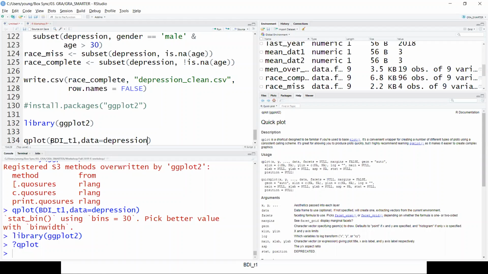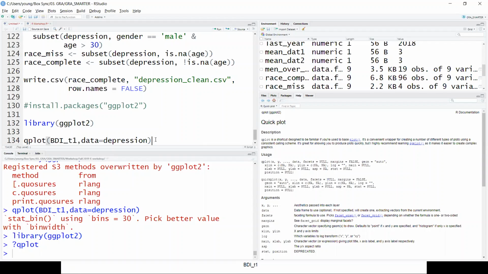So I didn't need to tell it, I could have done X equals over here, right? Because that's the name of that argument. But I didn't need to because that's the first argument. The first argument, you don't need to name. But data comes much later. So I didn't need to name that argument so that it knew that's what I was talking about.